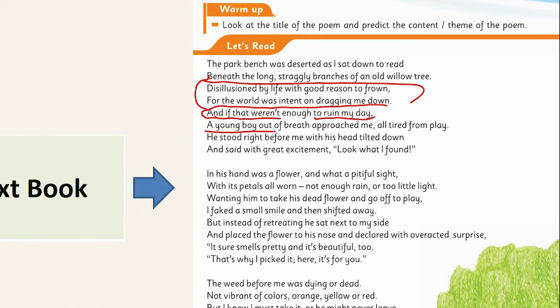A young boy out of breath approached me, all tired from play. He stood right before me with his head tilted down,